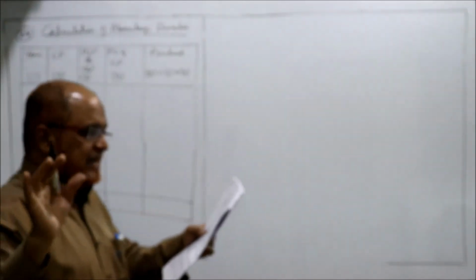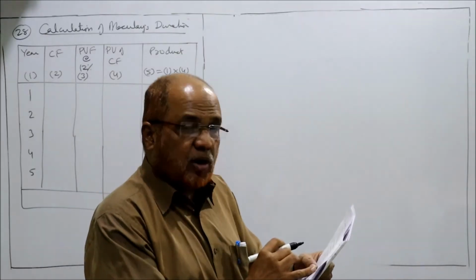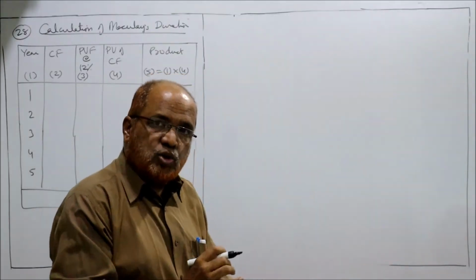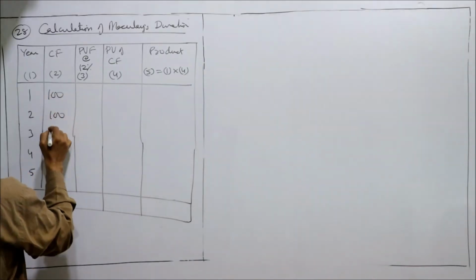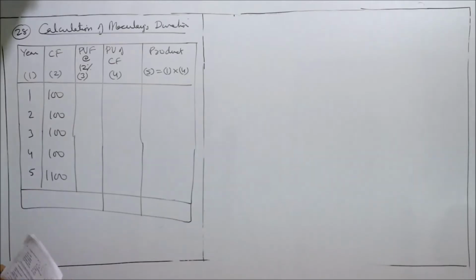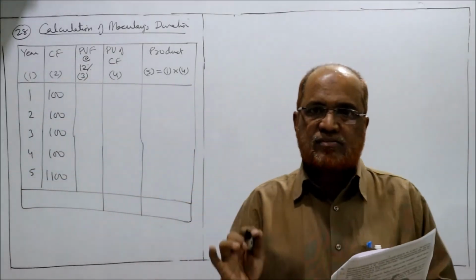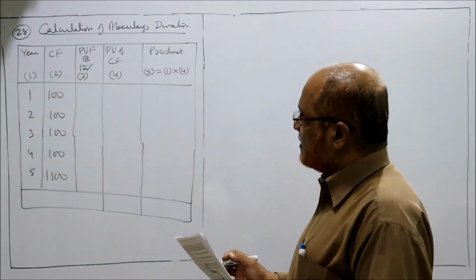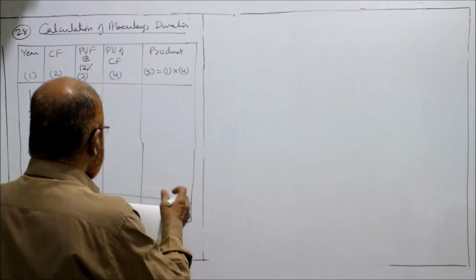Now, cash flow. The coupon rate is 10%. What is the face value of the bond? 1000. So 1000 into 10%, you will get 100. Last case, 1100. Fifth year, redemption of bond price as well as interest, 1100. Now 12% PV factors, 0.893,